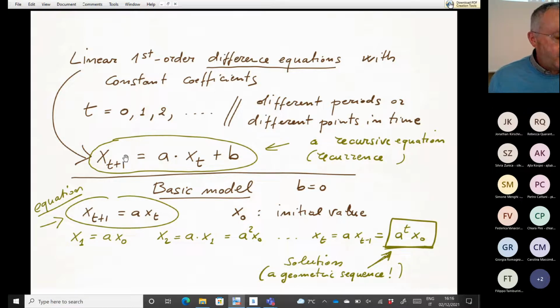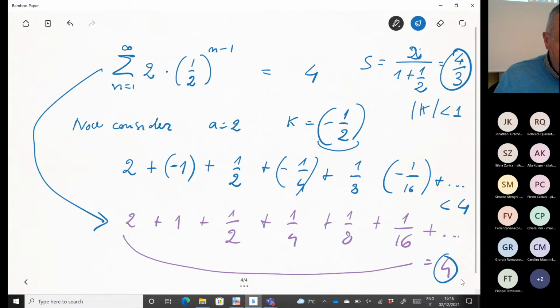It's very easy to solve this equation. We can start from the basic model in which b is 0. x(t+1) is equal to a x(t). So suppose that initially b is 0. This is very easy because it just tells us that the value of the variable at time t+1 is the value of the variable at time t multiplied by a constant. Okay? And clearly, this is a way to state that the terms follow a geometric sequence,